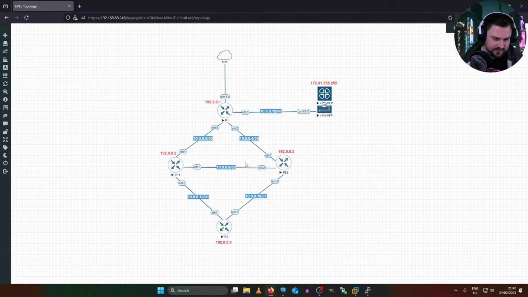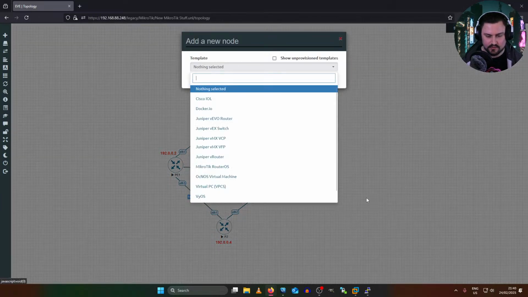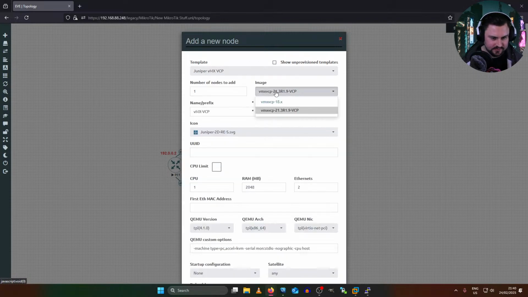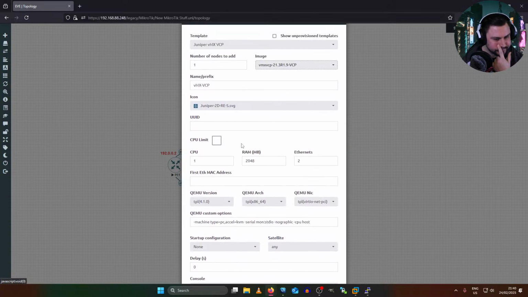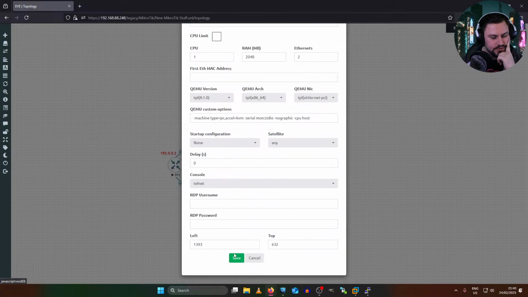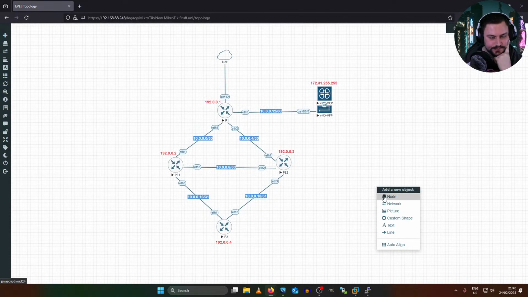I mean, maybe we need to do some VXLAN labbing as well. I'll see how I feel. I might even bring another Juniper up in the lab and just connect it to the P2 device. I'm actually going to do that. It's like I'm firing off ideas in my brain. So just one more VMX.